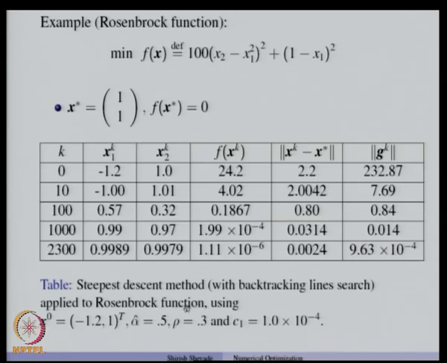Again in this steepest descent method, I have used backtracking line search where alpha hat again was chosen to be 0.5, rho was 0.3, and then the constant C1 was, like in the previous case, set to 10 to the power minus 4. So, you will see that the number of iterations needed depends a lot on the initial point x 0. You can also try applying the steepest descent method to different objective functions and study its behavior.